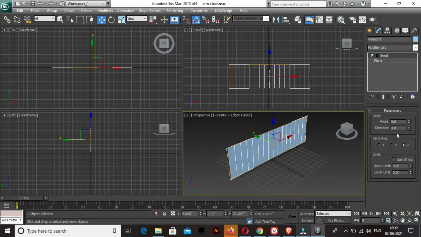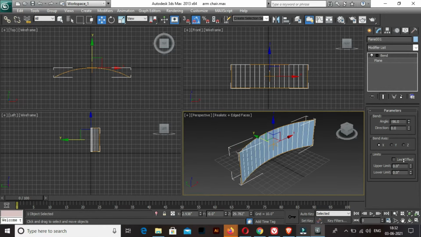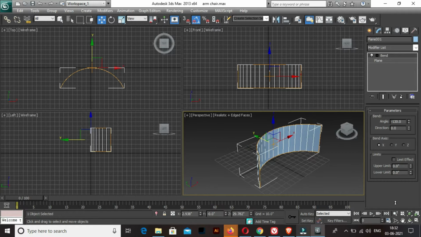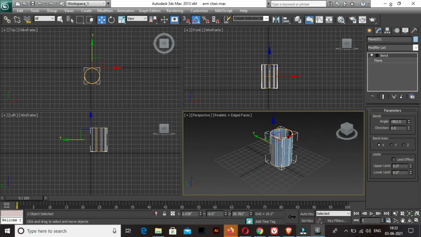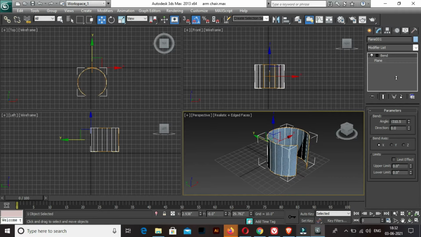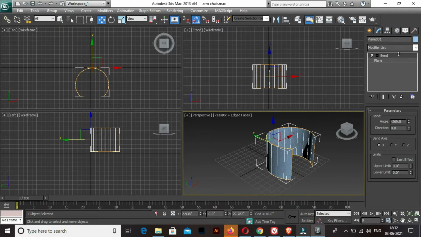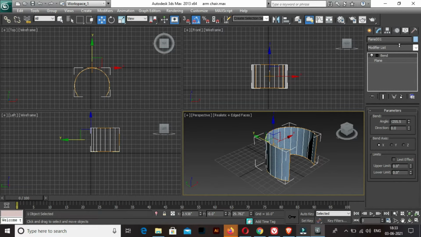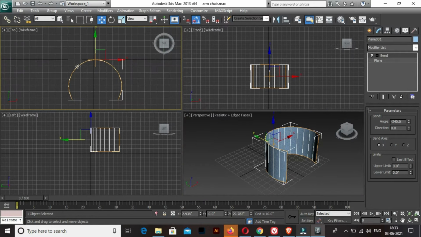So use bend command and I'm going to bend this towards x-axis and I'm going to increase this angle, and I want to get this thing bent towards minus negative direction. So I'm giving the angle in negative, so you can give the angle according to your requirement. So I'm just keeping it like this, something like this. So maybe minus 240. Yeah, so this much bend is what I'm looking for.